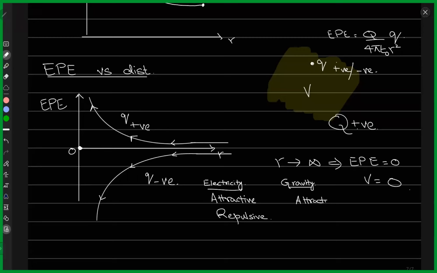And that's because in gravity, there is no concept of different types of charges, so there is no positive or negative charge. There's only a mass that's always positive, right? So mass is always greater than 0. And that's why we only have one